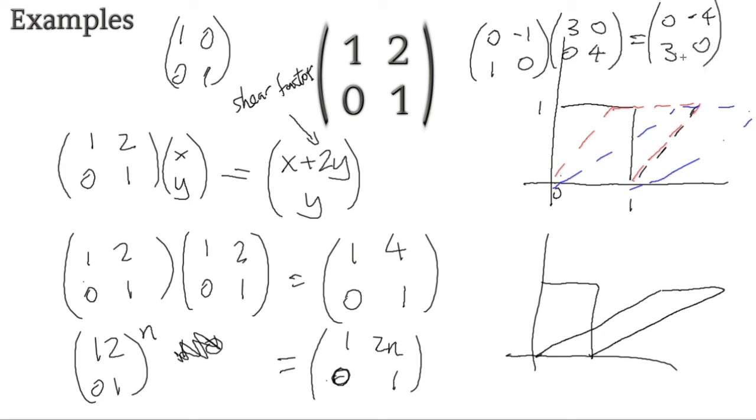This matrix will rotate the object by 90 degrees in the positive direction, aka the anti-clockwise direction,